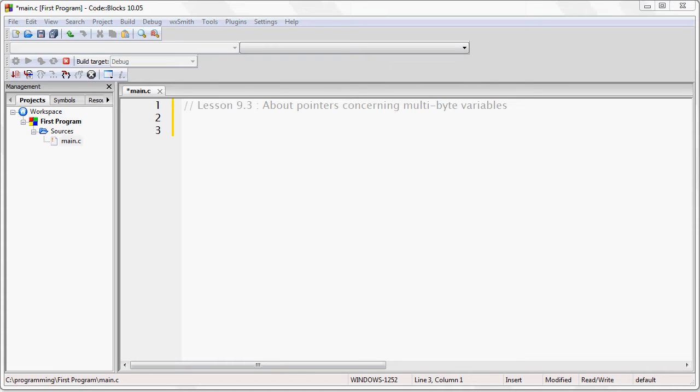Alright, in this lesson we are going to talk about how you can use pointers to work with variables that contain more than 1 byte of data. Recall in the last lesson that we added 1 to our pointer in order to cause it to point to the next data element in memory. The reason we could add 1 is because we were working with characters that were each 1 byte in size. So since each character was 1 byte in size, the next character would always be 1 higher in terms of